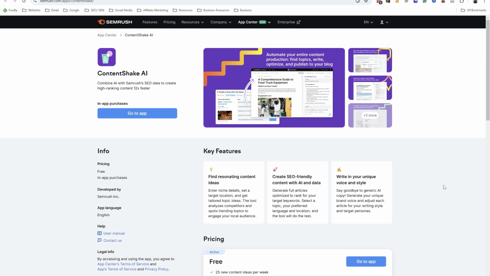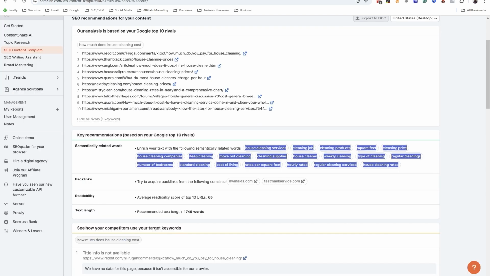But again, this is a paid tool, so I think ChatGPT is fine. The free version is also fine. If you want to write your content in a specific way, it can actually do that, and then you have to humanize it anyway. Once you do that, once you write your content, then you go back to